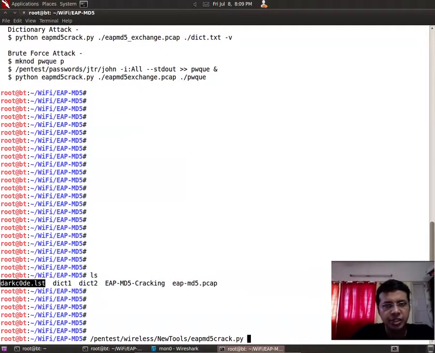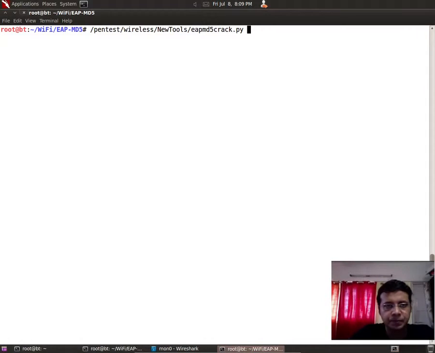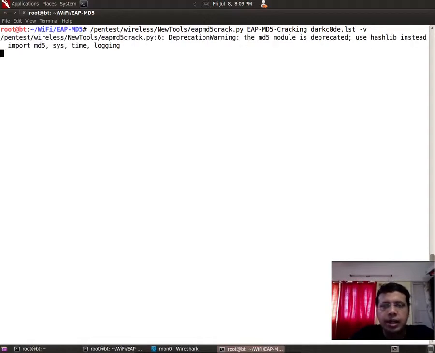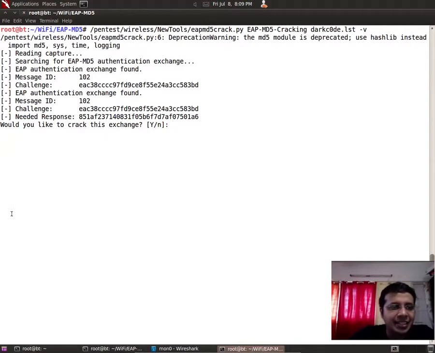The first is the PCAP file, I think, which was EAP MD5 cracking, and then you actually have the dictionary file, which is the darkc0de file which is here. Then we can hit it with verbose mode,